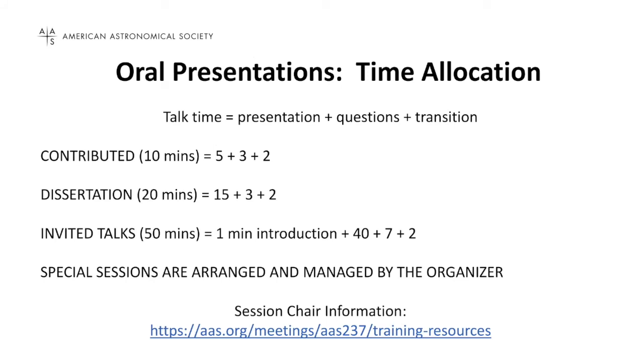So the time allocated comprises presentation, question, and transitions. For the short contributed talks, they're 5-minute talks, 3 minutes for questions, and then 2 minutes for transition to the next talk. Dissertations are twice that length, which makes 15 minutes for presentation. Invited talks will have an introduction, a quick bio to the speaker, and then 40 minutes of presentation, and the